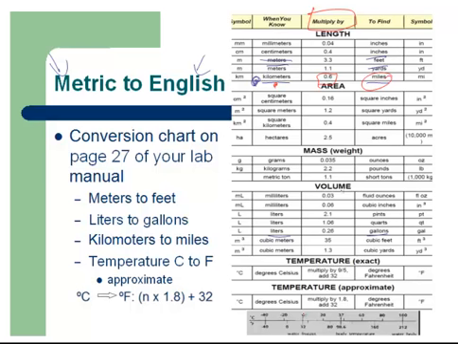Just multiply by the number that's down the middle, including for temperature to go from degrees Celsius to degrees Fahrenheit. Notice in the chart here, it gives you multiply by a fraction, then you add 32. That gives you the exact temperature conversion. It's okay in class, or for this class, to use the approximate conversion, which is also listed on the chart. So you multiply by 1.8 and add 32. It's pretty much the same thing, it's just already dividing out that fraction for you.